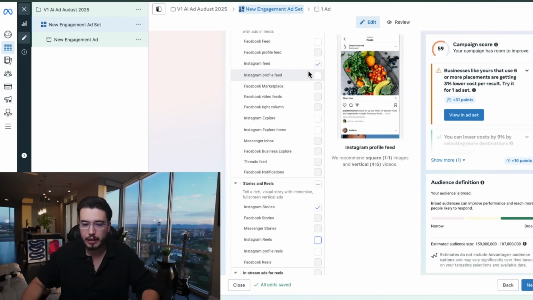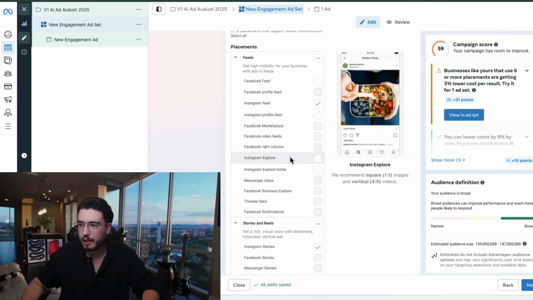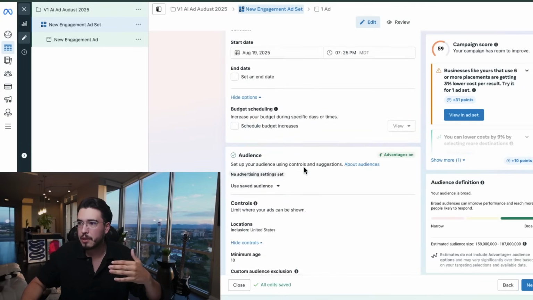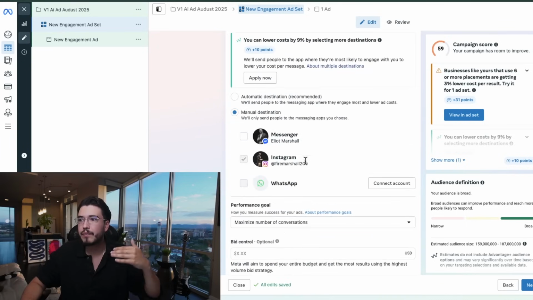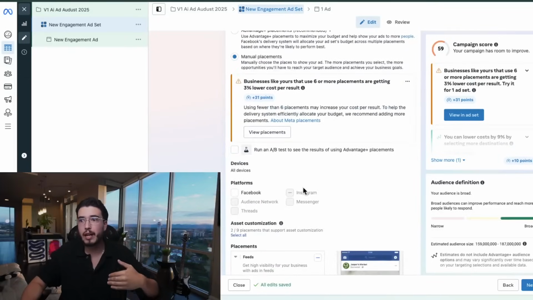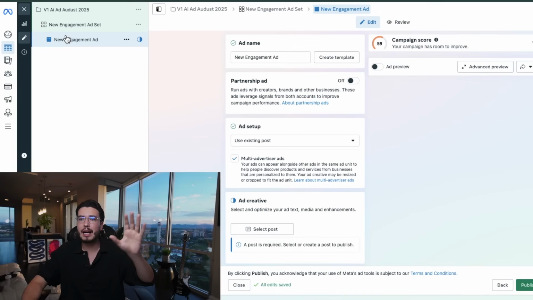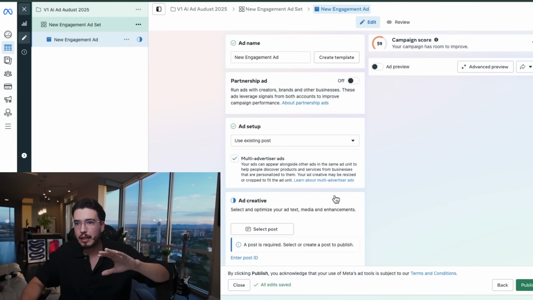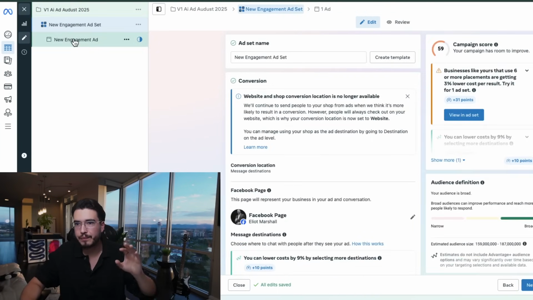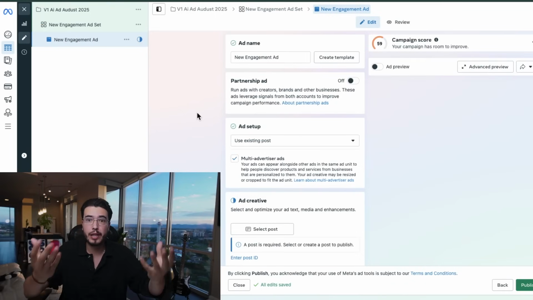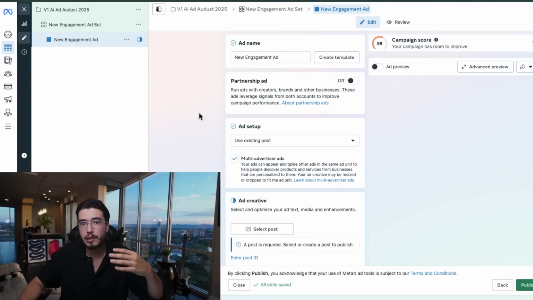Once we have everything unclicked except for Instagram Stories and Feed, that is where we want the $60 a day ad budget we selected. That is where we want it to be going, right in front of where people's attention is, on the feed and in stories. So that's what we do in the ad set. In the ad set, we select the targeting and the placements. Next is the ad level. This is where we select the creative, the video, the image, and the copy, the scripts being used.